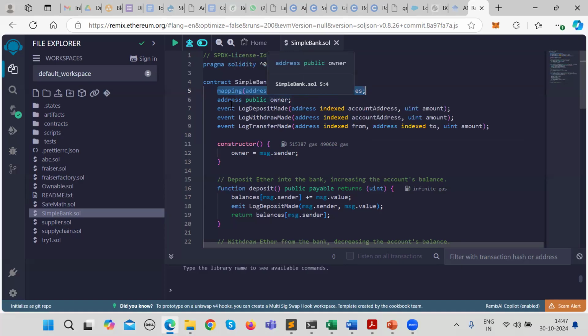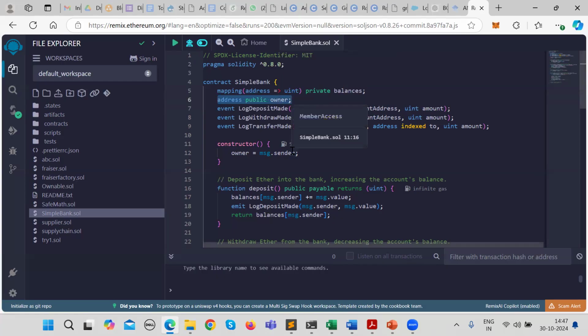Here we also have owner. Owner indicates the owner of this smart contract. How can we set this owner? While deploying the smart contract, I can set the owner: whoever is deploying the smart contract will be the owner. I ensure it using a constructor.